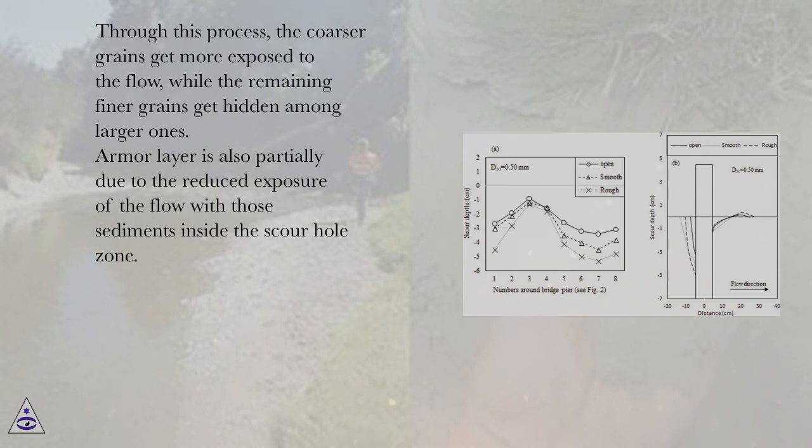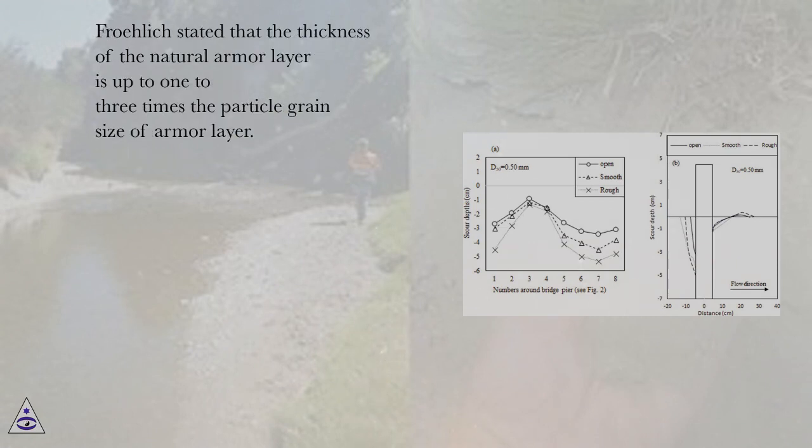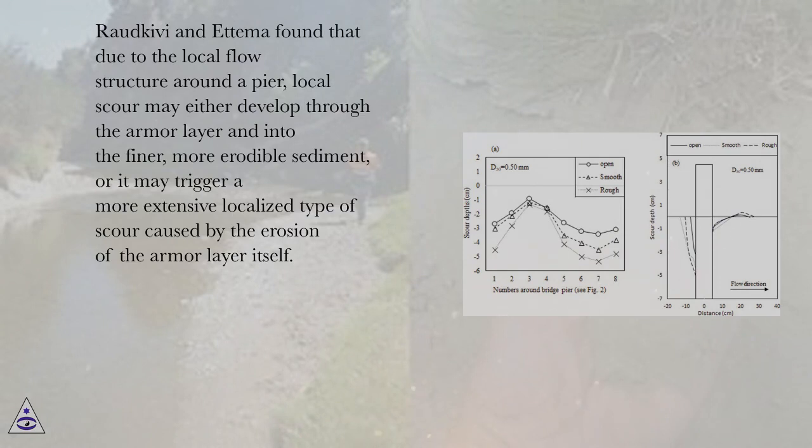scour hole zone. For the same bed sediments, Dey and Raikar found that the scour depth around bridge piers with an armor layer is less than that without an armor layer. Froehlich stated that the thickness of the natural armor layer is up to 1 to 3 times the particle grain size of the armor layer. Raudkivi and Ettema found that due to the local flow structure around a pier, local scour